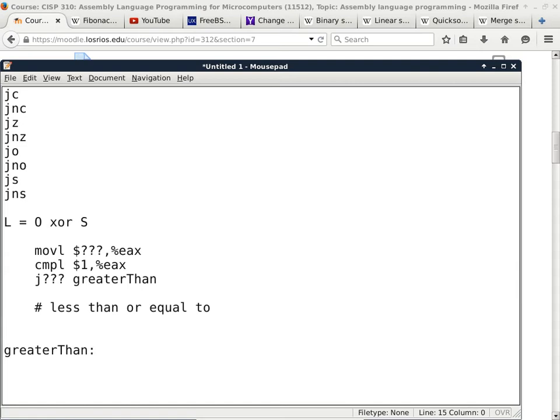But at the same time, I also want to make sure that the Z flag is what? I'm looking for greater than. This is only implying greater than or equal to. I need to rule out the equal to. That has to be 0. That has to be a 0, correct. So I'm looking for the sign flag being the same as the overflow, and on top of that, I want the Z flag to be a 0. Is that okay? And if I don't have a JG instruction, which is jump if and only if greater than,